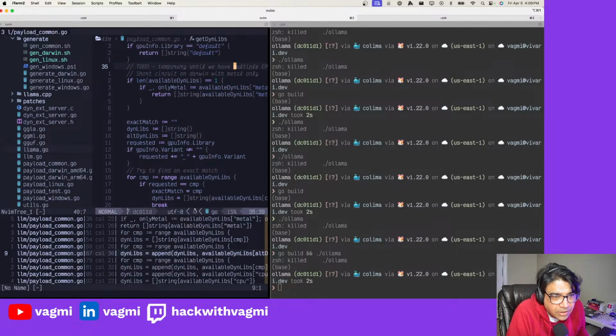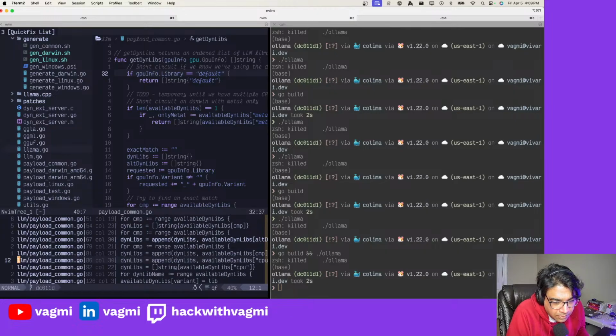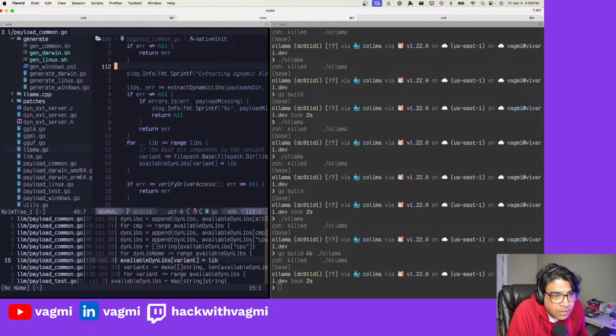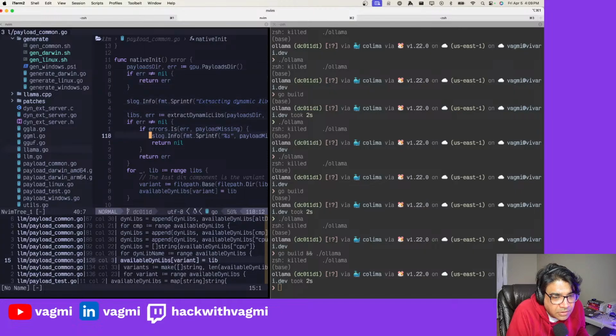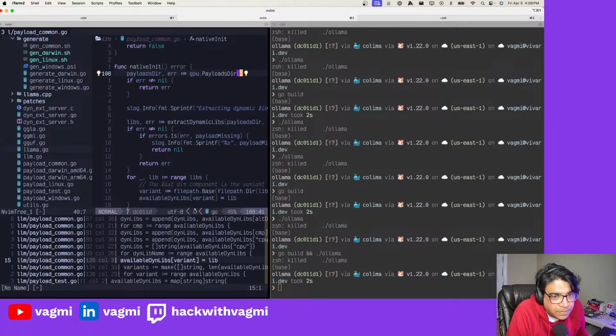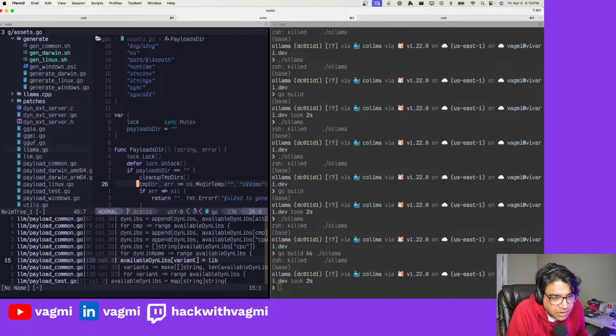This is not exactly. This is a native init. So this writes availability in libs. So variant is libs. Oh yeah, this is the one which is gpu.payloadsdir. Payloadsdir is